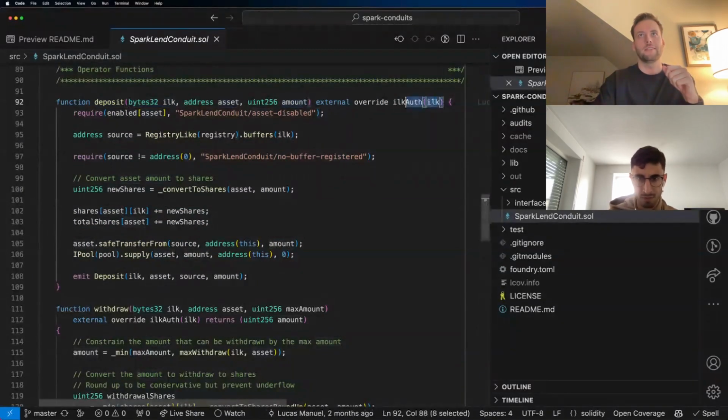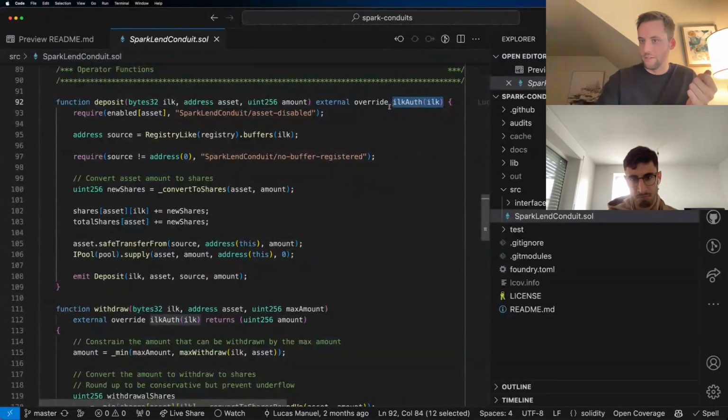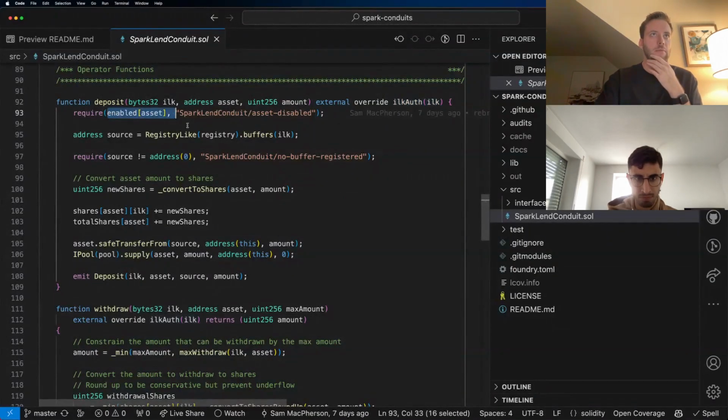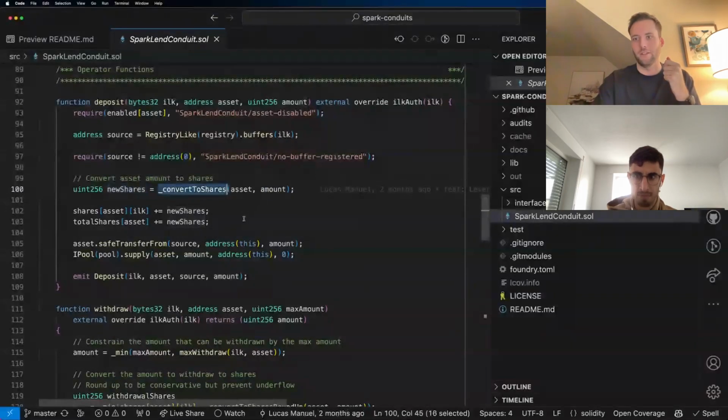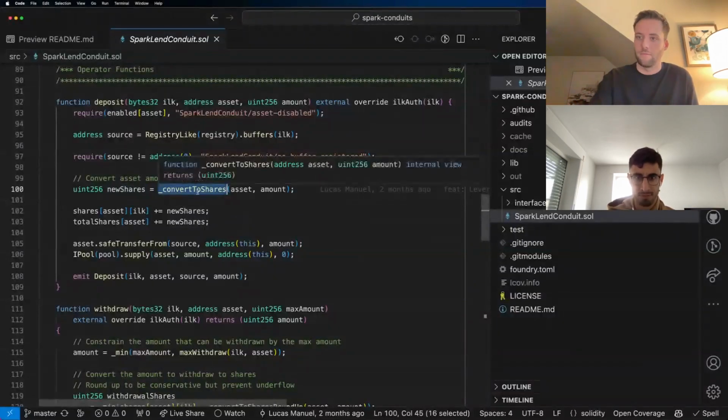We make sure that the sender is allowed to call this function on behalf of this subDAO. We make sure that the asset's been enabled by governance. And then we do a lookup to get the buffer for this ilk. And then we convert the amount to shares. And you can see here we're kind of using 4626 terminology. It's an internal function, but to make it feel familiar, because it's doing the same thing as what 4626 is